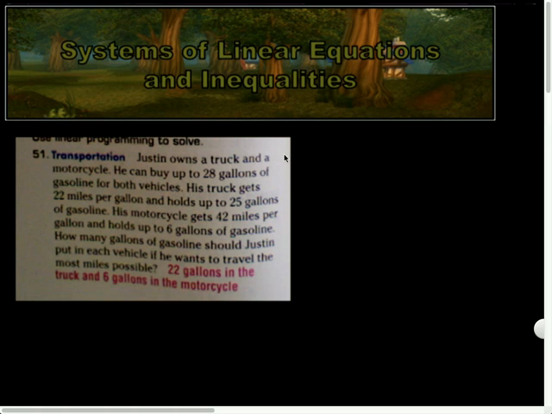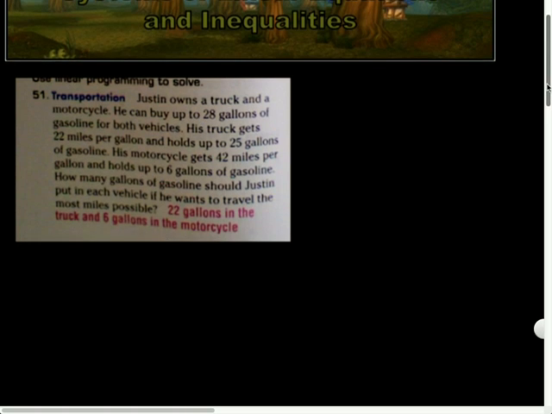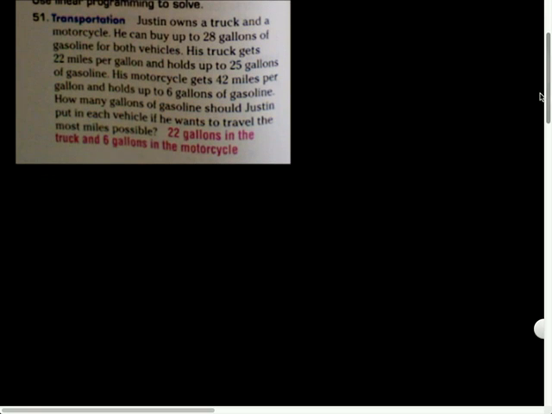It says, Justin owns a truck and a motorcycle. He can buy up to 28 gallons of gasoline for both vehicles. His truck gets 22 miles per gallon and holds 25 gallons of gasoline. His motorcycle gets 42 miles per gallon and holds up to 6 gallons of gasoline. So here's the question. How many gallons of gasoline does he put into each vehicle if he wants to travel